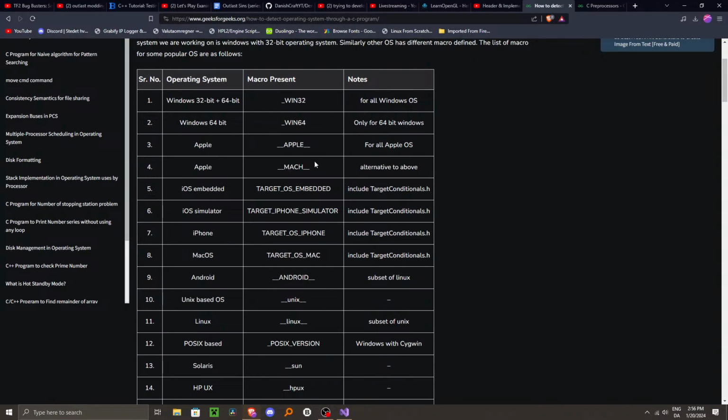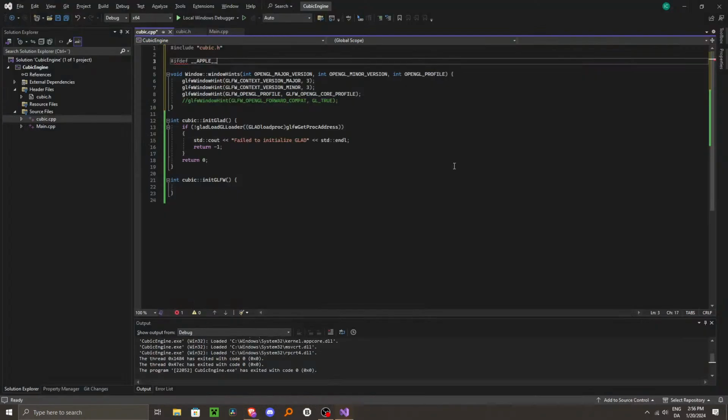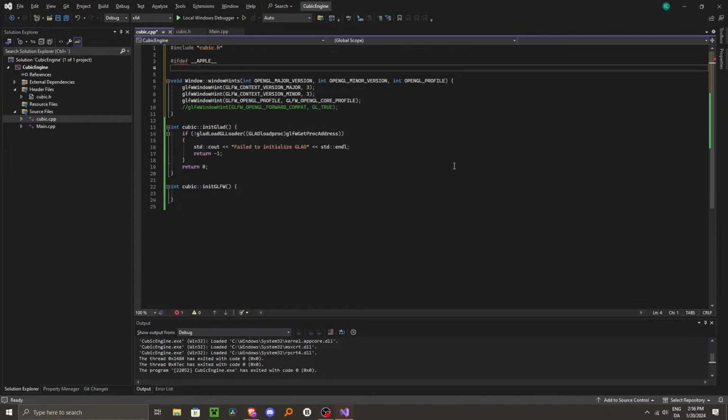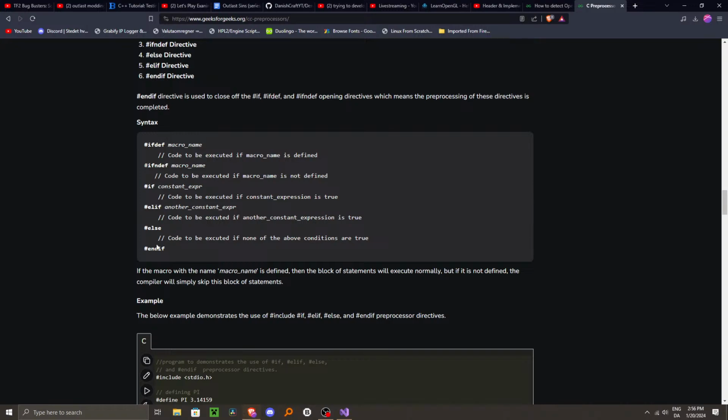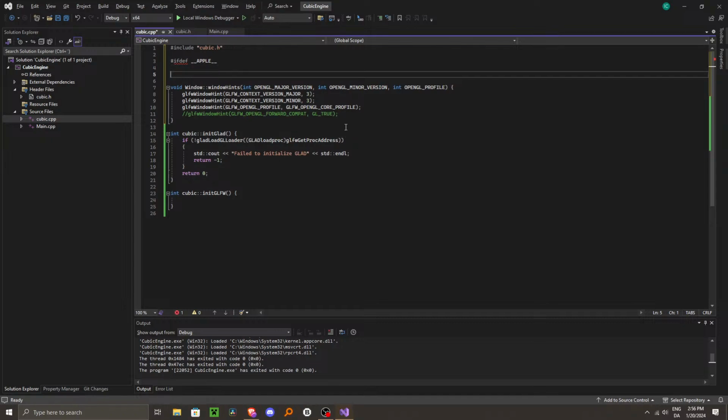You've got underscore Mac, an alternative for all Apple OS, and then afterwards. Oh, and if the defines, you need to include those. So it should just be what. Then in that case, we can set a